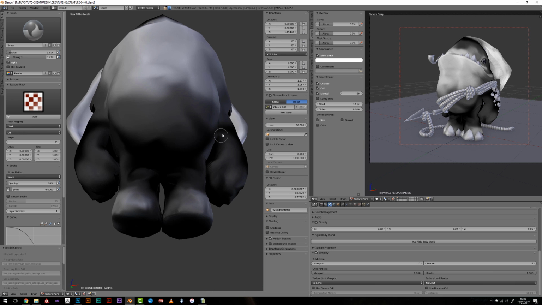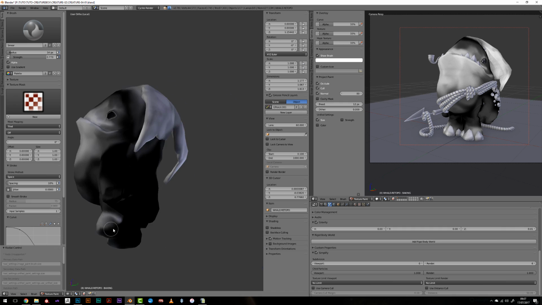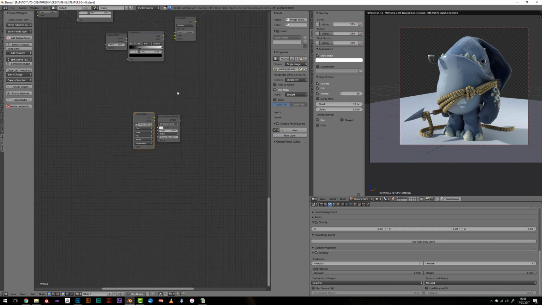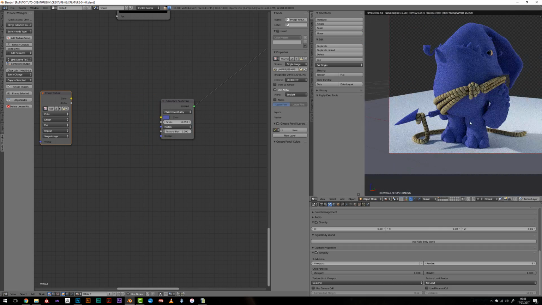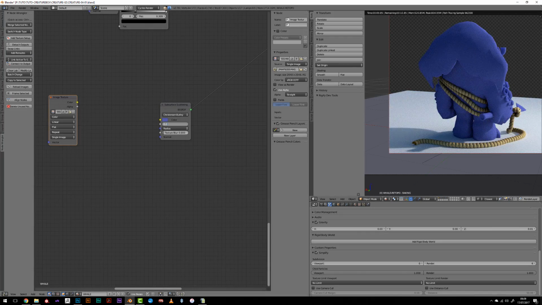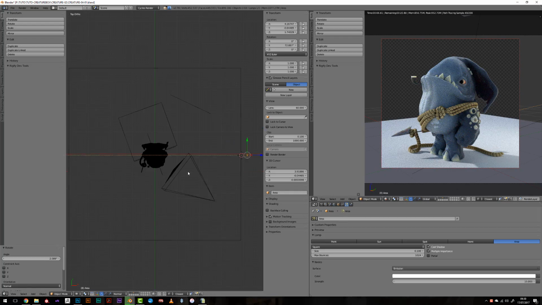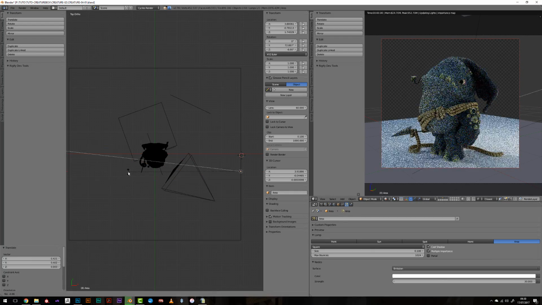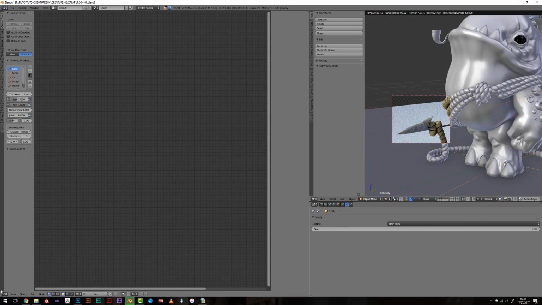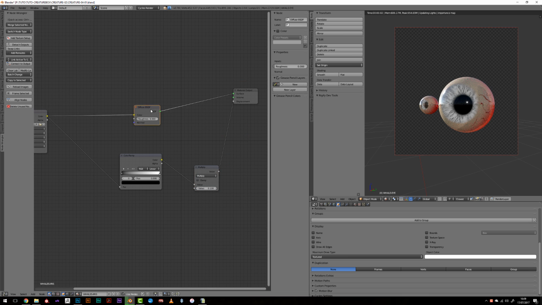I will go back and forth on this map because it took me some time to figure out the SSS scale, because I was using a very dark color for the base color of my character, and it did kill the subsurface scattering effect. So I figured this out later on, and the result was nice at the end, so that's fine.